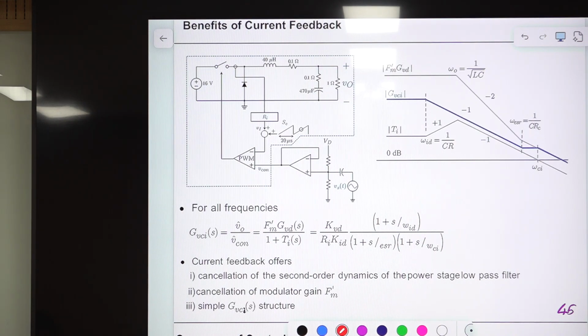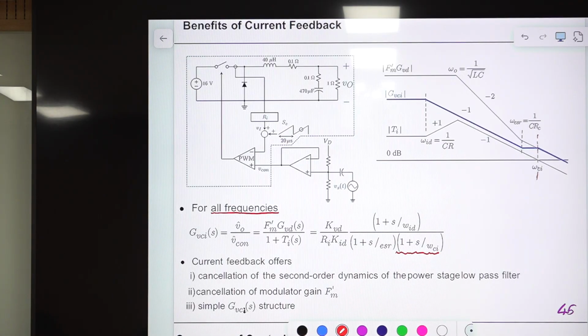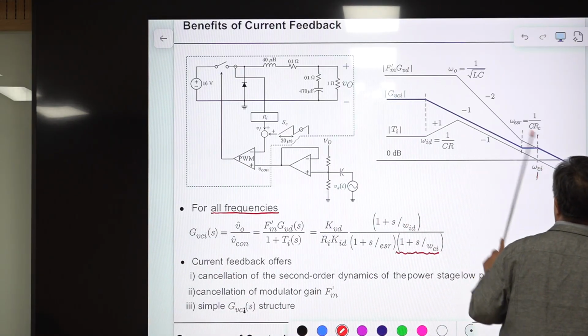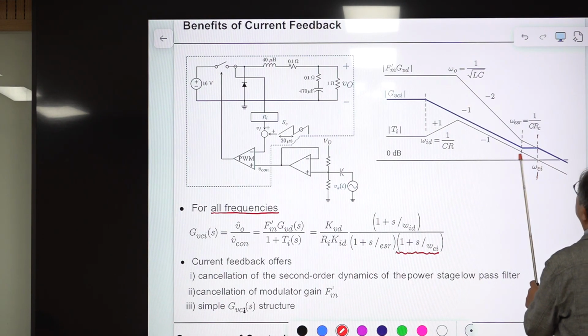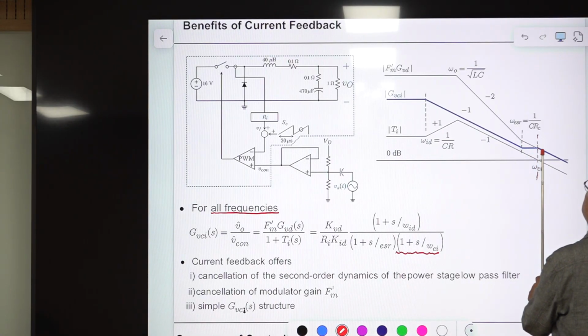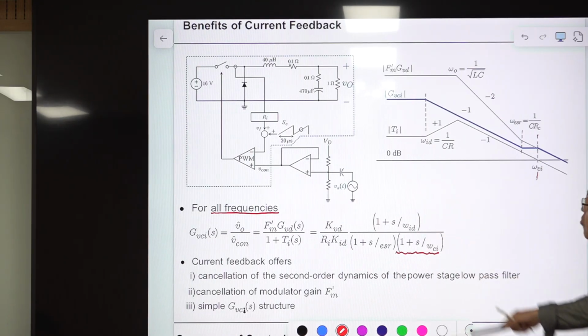Then the expression of the VCI for all frequency range. For all frequencies, we know up to this point, there's one additional term here, omega CI. This is also part of asymptotic analysis. After the current loop crossover frequency, it follows this one, FM prime GBD, then there should be a pole here. This is 0, this horizontal line, and it becomes a pole. So there is an additional pole here. So this is a very good expression for the entire range